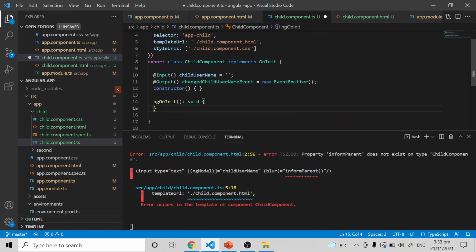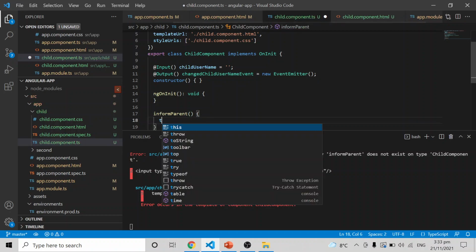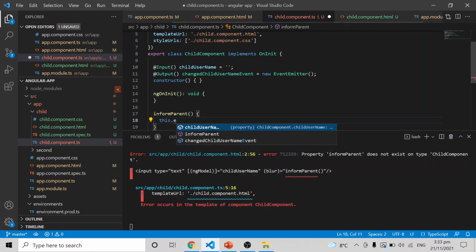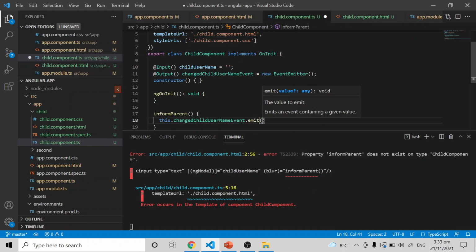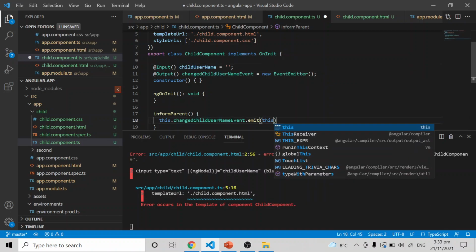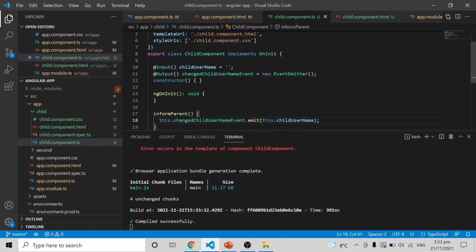Then I am writing a function, and this is the function going to emit our event. So this is our event name dot emit. If you want to pass some data to that particular parent component, you can pass here. Okay, so I am just passing the child username directly here. So this.childUsername I am going to pass to the parent.